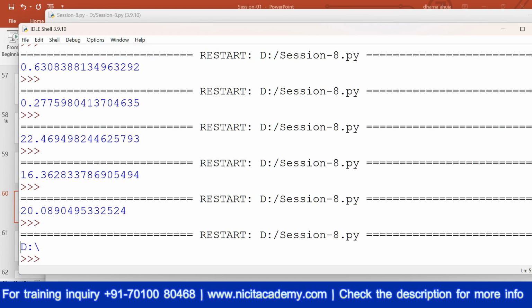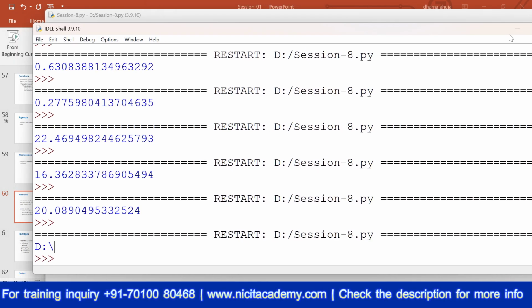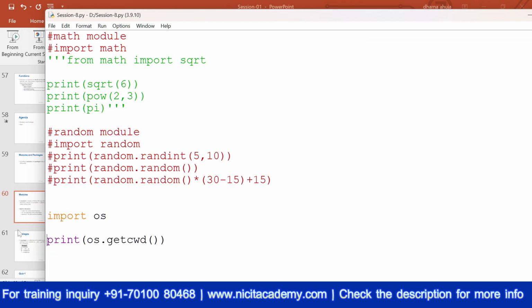See, it is giving the D drive because I am currently working in the D drive. Then next, if you want to list all the files and directories within the specified working directory, you can write listdir.